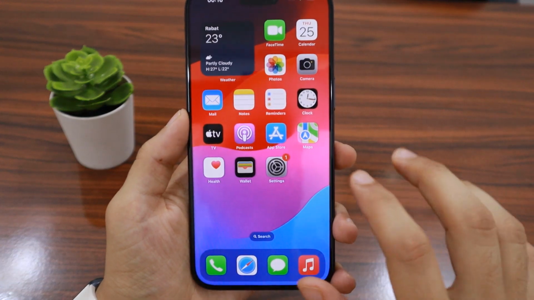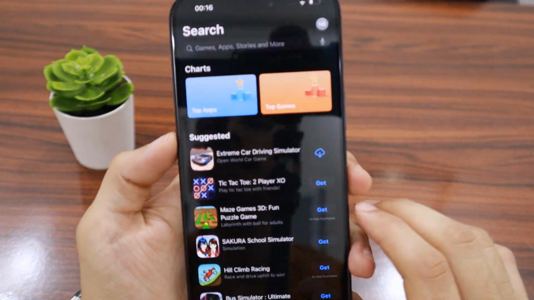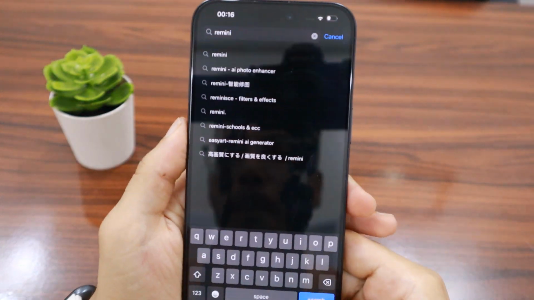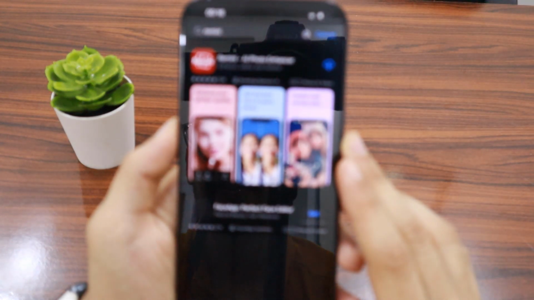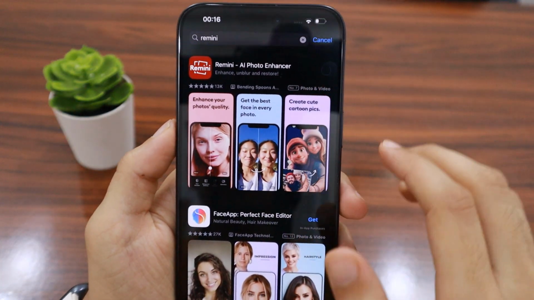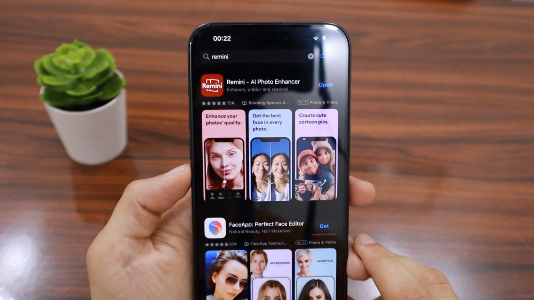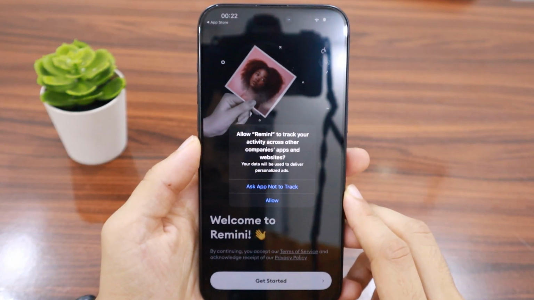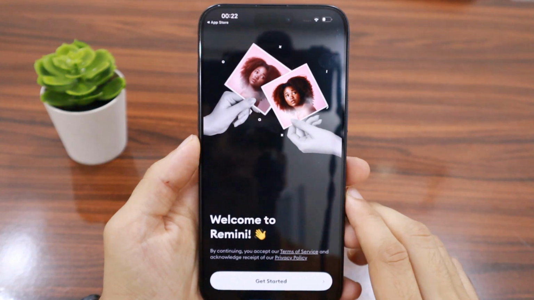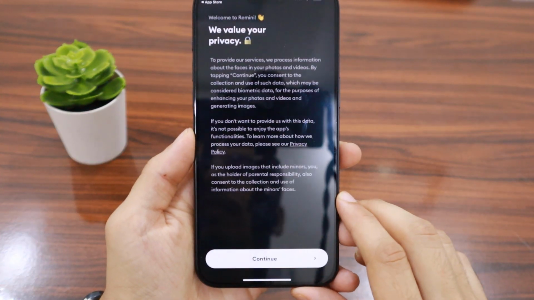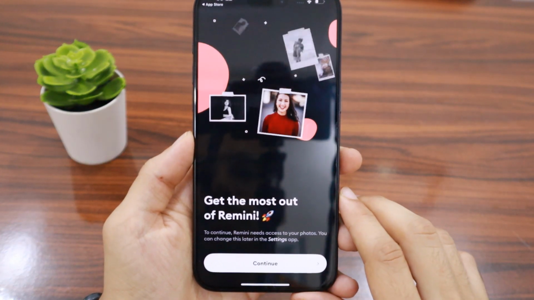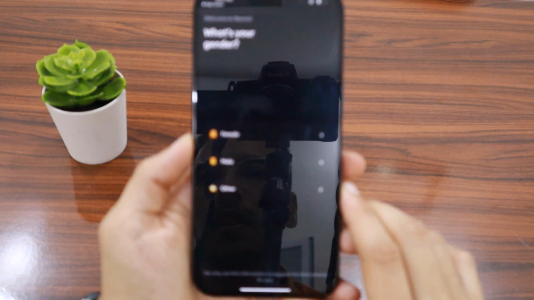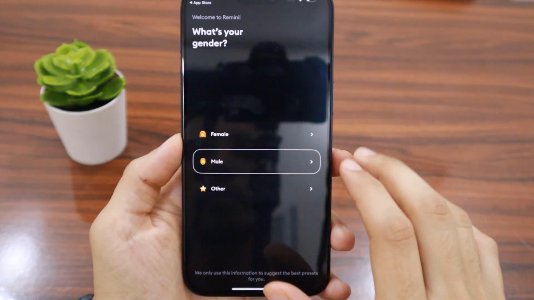So first go to App Store and in the search bar search for Romania, and here click download. After downloading, click open and then click allow, then get started, then continue, allow full access. Here select your gender